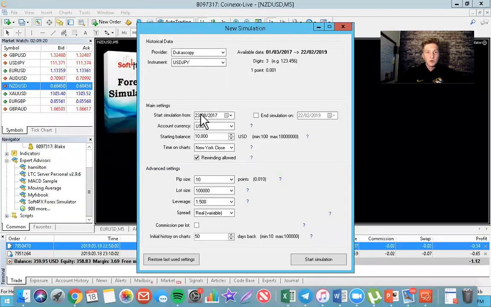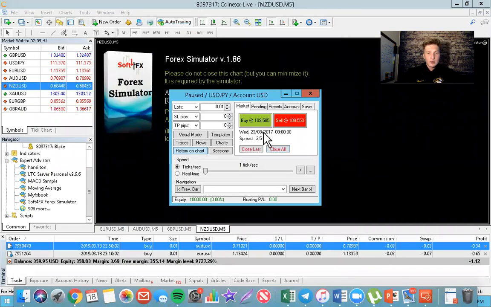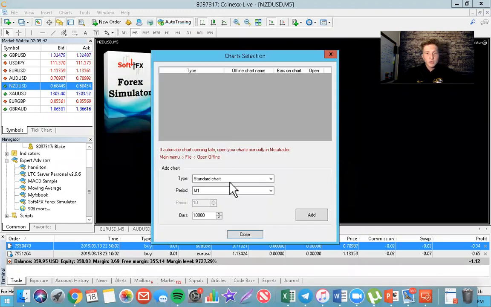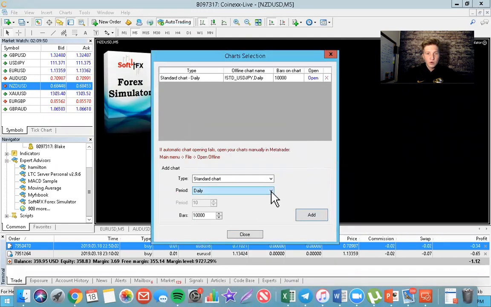So what I've done, I'll go ahead and show you, is I have downloaded the past couple years on USDJPY, and I'm going to start with a $10,000 account balance. I'm going to use US dollars and 1 to 500 leverage. Okay, so I'm going to go ahead and start the simulation, and here is exactly what you do. So you hit charts. I'm going to open the daily, add the 4 hour,